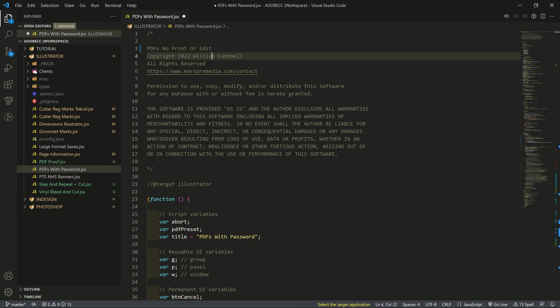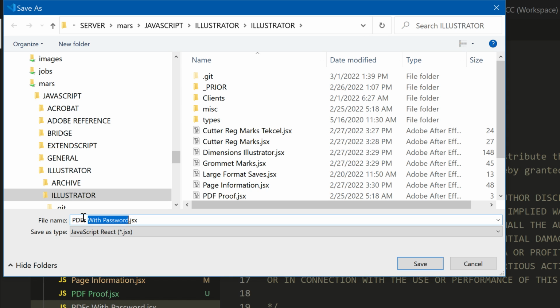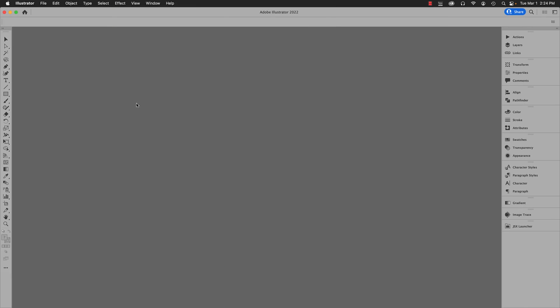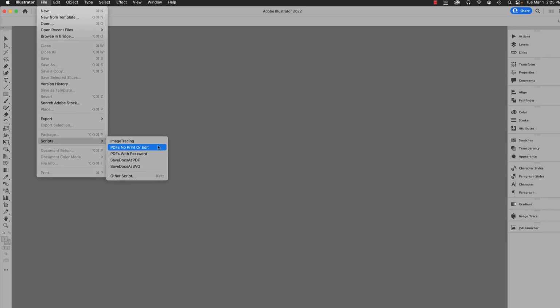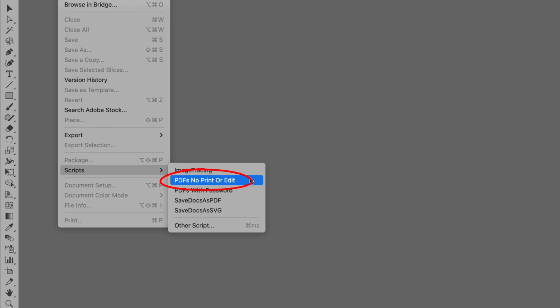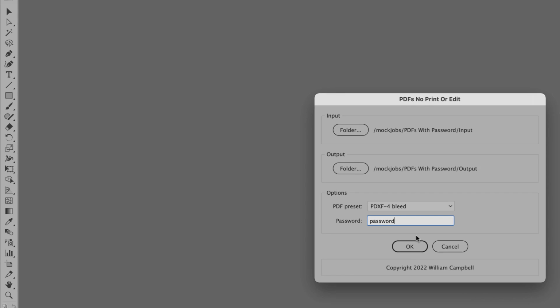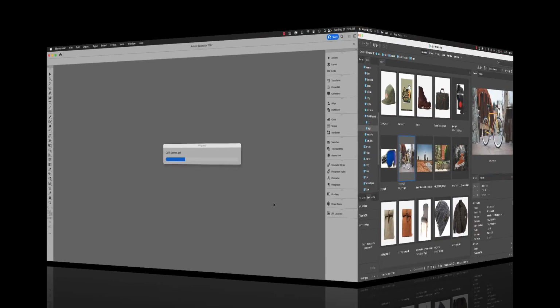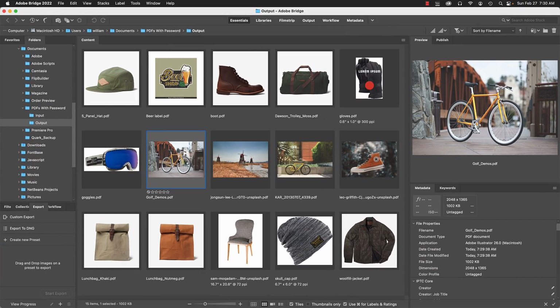I'm going to save the script with a new name. PDFs No Print or Edit .jsx. Install the new script in Illustrator and give it a try. Open one of the PDFs.